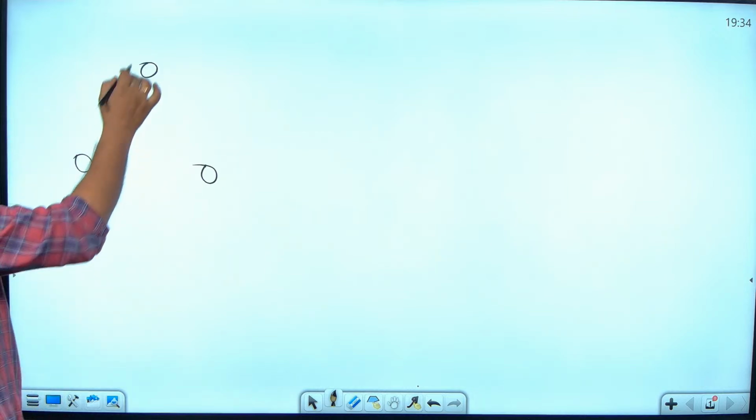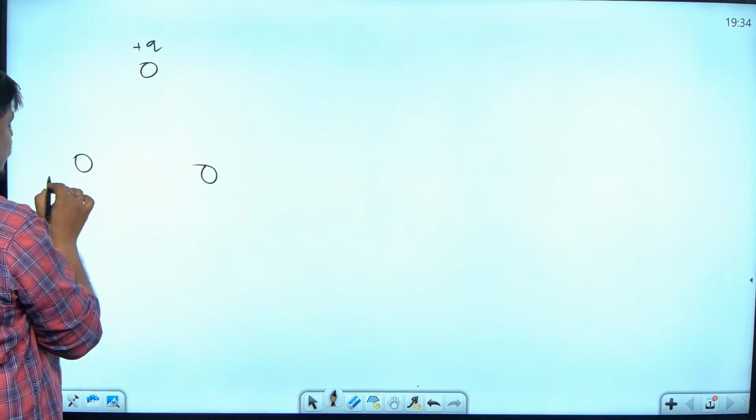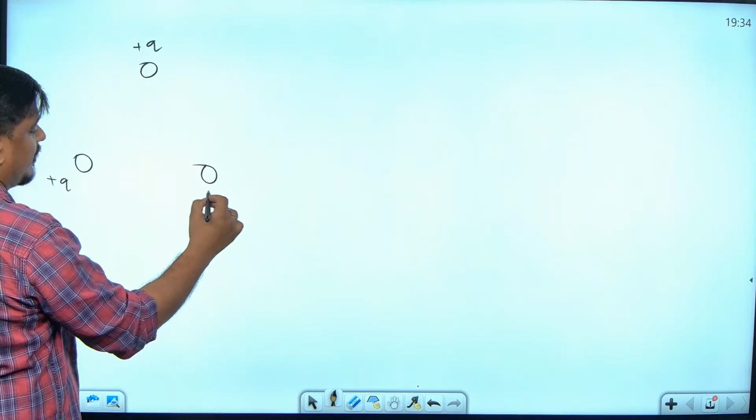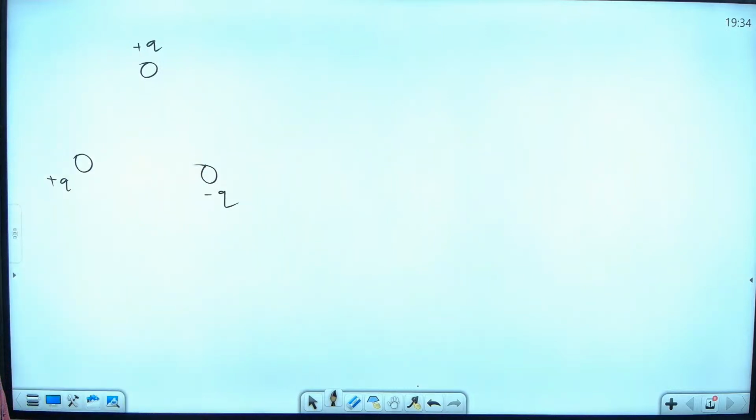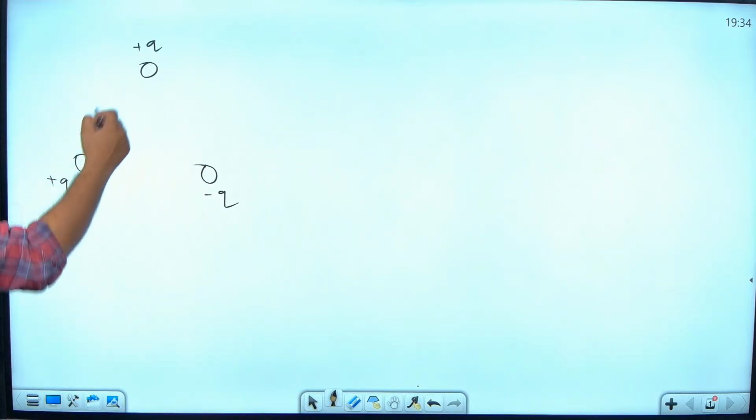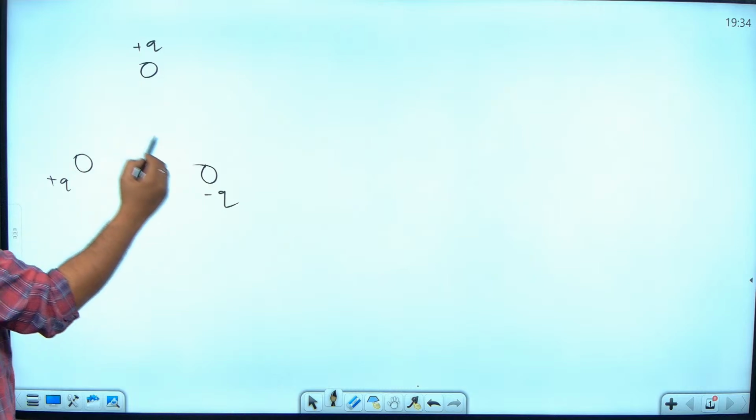For example, if you have plus q here, and you have plus q here, and you have minus q here, for example, I asked you, and it is an equilateral triangle,